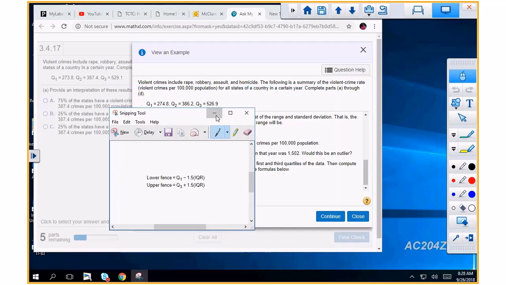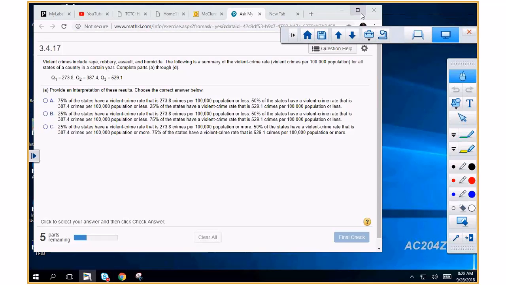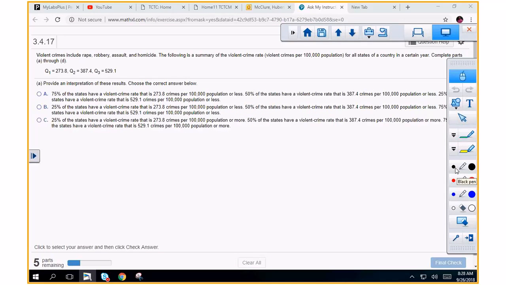Okay, so that's that. So let's go back to the question. All right, here's the question. Let me pull it up in our handy dandy. Let me move this out of the way and make it maximized. There we go. So you don't know the standard deviation. So they want you to find what is an outlier. Well, if you don't know the standard deviation, you use the interquartile range or the 5-number summary. The interquartile range is equal to Q sub 3 minus Q sub 1. So that's going to be equal to